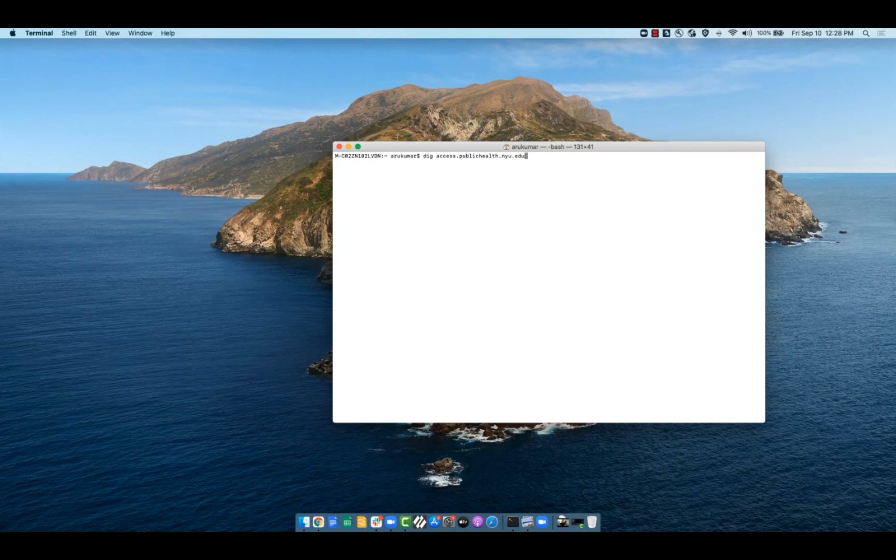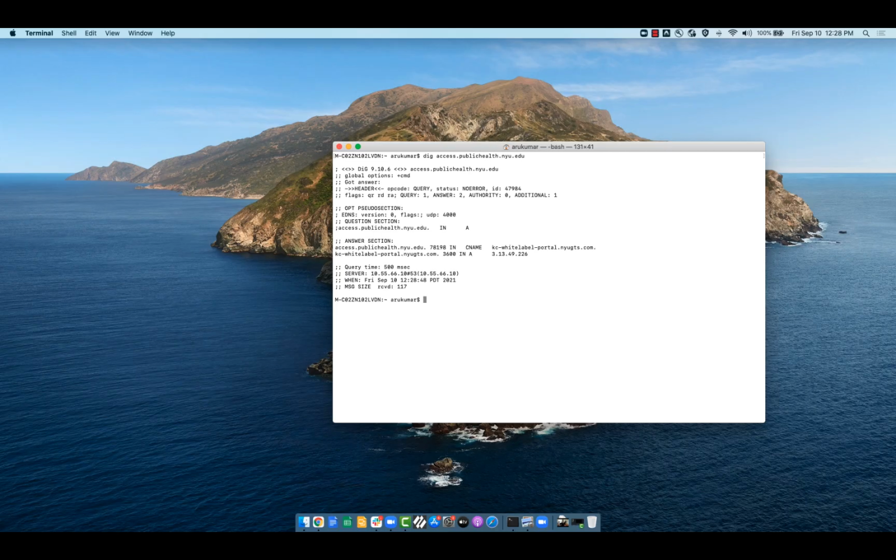Now, let's look at a real-world example. If I look up access.publichealth.nyu.edu, what you will see is this particular entry has a CNAME record pointing to kc-whitelabel-portal.nyu.gts.com. What that essentially means is, if you open up a browser and go to access.publichealth.nyu.edu, it's going to get redirected to